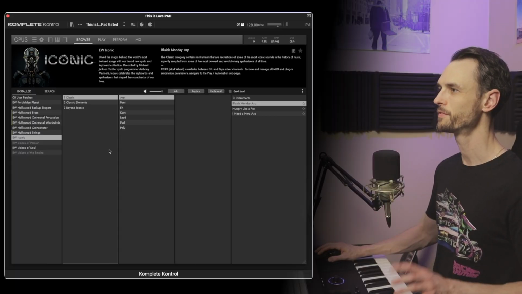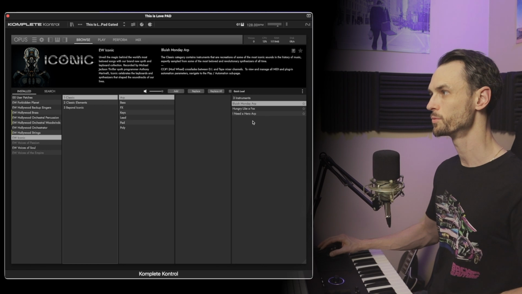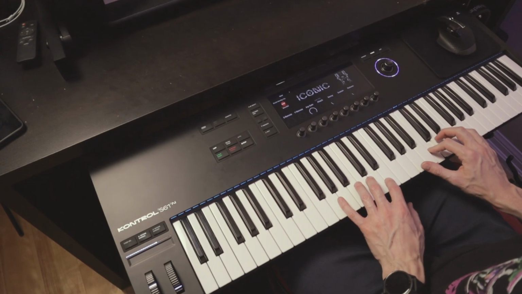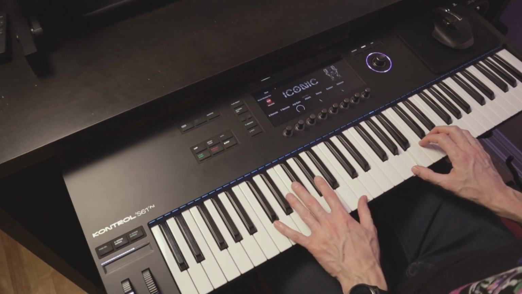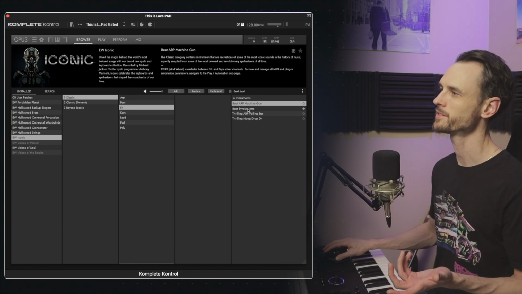So this comes with over 500 presets and it's split into 3 categories here. The classic is where you're going to find those subtle hints towards the songs that they're shaped after. I mean, Blue Monday. Let me give you guys an easy one here. If you don't recognize this sound,